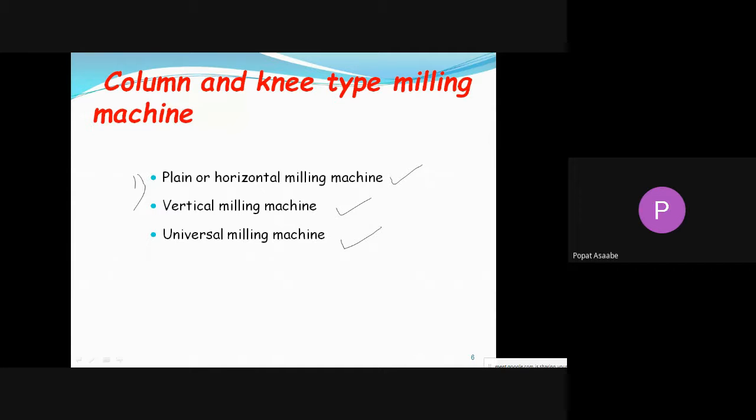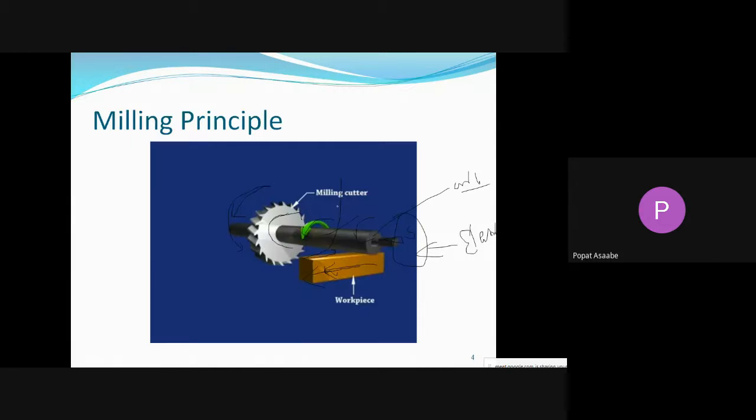Okay, these are the types of column and knee type milling machine. Now we are going to discuss them one by one. First we will discuss the horizontal milling machine, then the vertical milling machine, and then the universal milling machine. You have to remember that the same principle we have seen is used in all three types of machine, but the only difference is